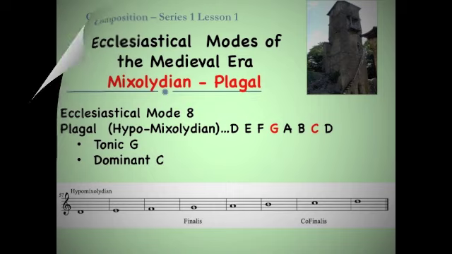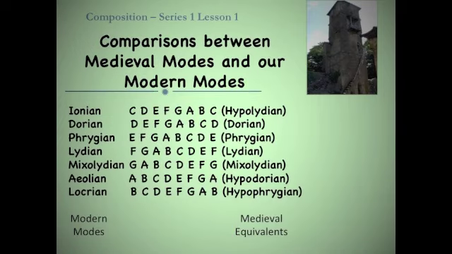If you've been involved in music for any length of time, then you've heard of the term modes. We use them all the time in today's music. We have a Dorian mode, a Phrygian, a Lydian, and a Mixolydian, but they're not quite the same things. Let's compare today's modes with the medieval modes. First of all, in the medieval era, the Dorian mode was a point of reference: D, E, F, G, A, B, and C. In the modern era, the Ionian mode is our point of reference from which all things evolve.